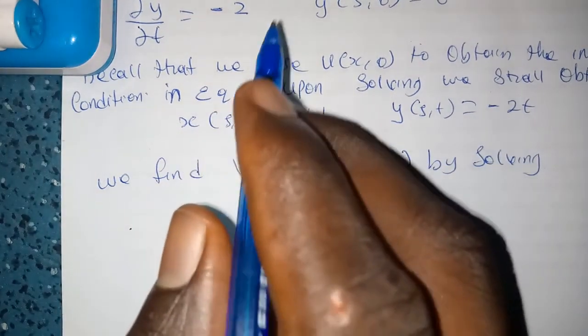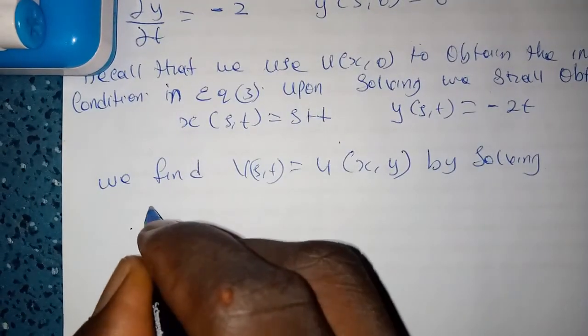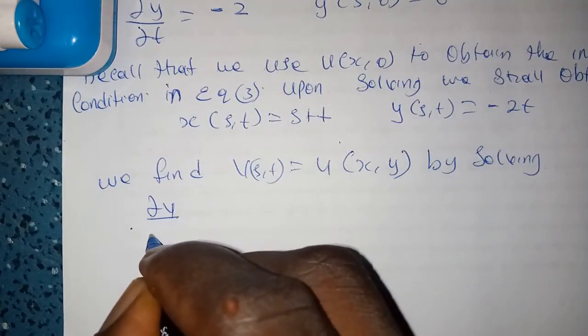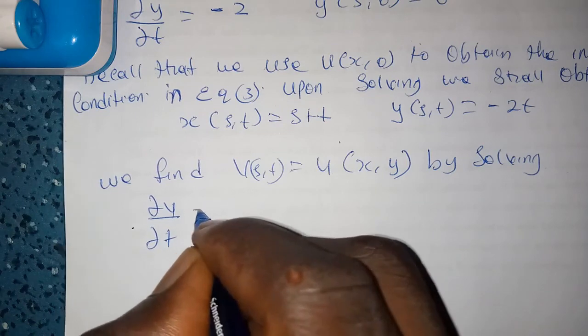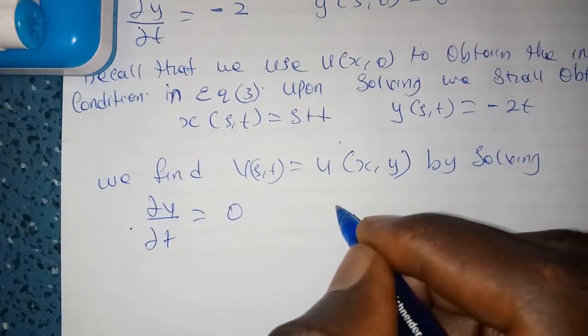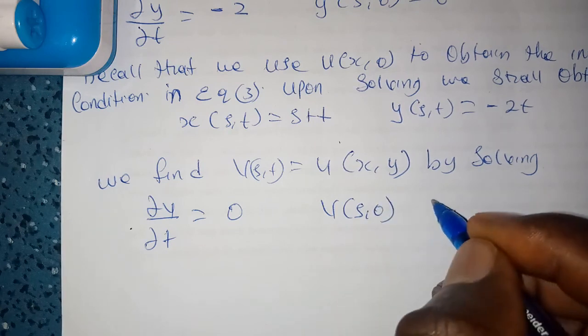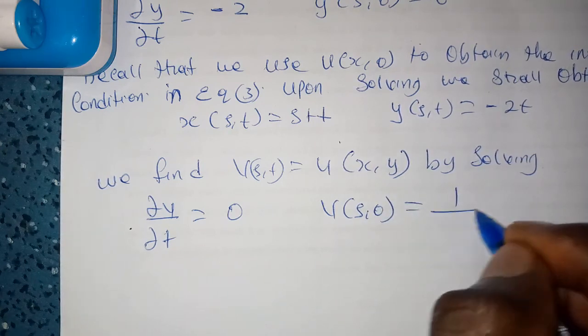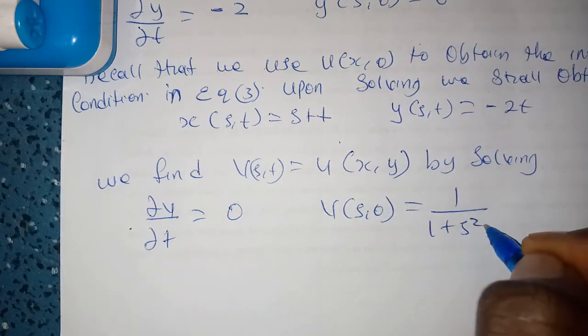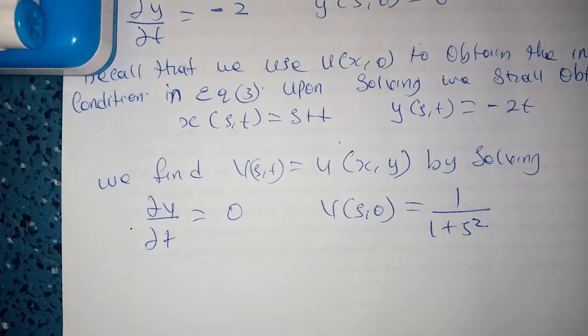So from the equation, when we find partial v partial t, we get 0, where v of s comma 0 from the question is 1 over 1 plus s squared. So this is the solution for the first order partial differential equation using